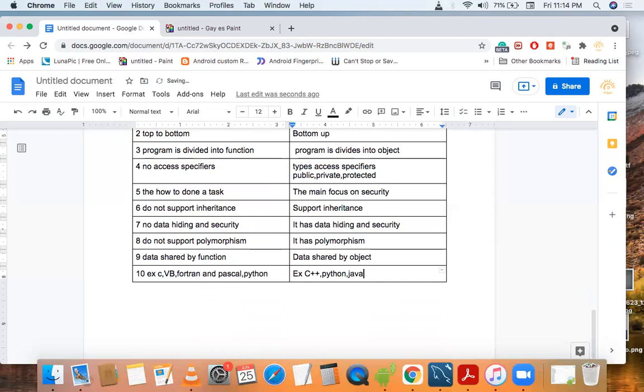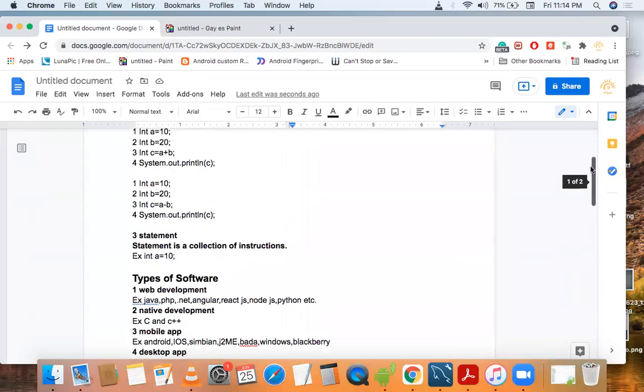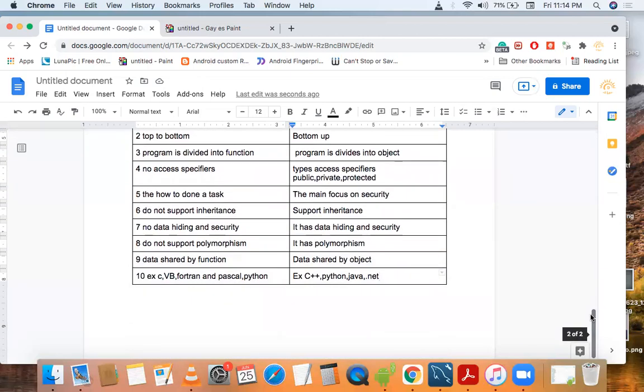Java is a pure object-oriented language. Then .NET is also an object-oriented programming language. So this is about OOP and POP.